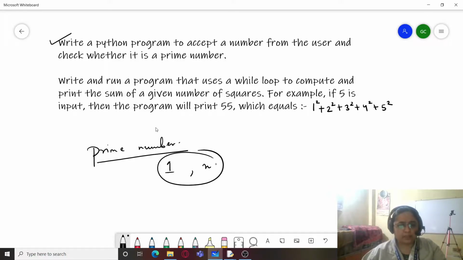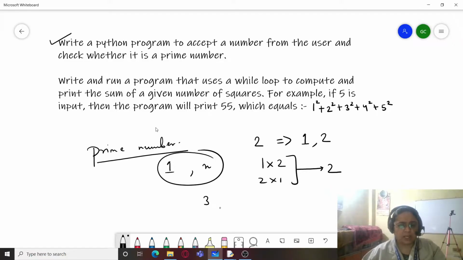So prime numbers are those numbers, like for example 2. We know that 1 is already a factor of 2, and apart from that the number 2 itself is a factor of itself. That is, if I multiply 1 by 2 or 2 by 1, I will get the number 2.